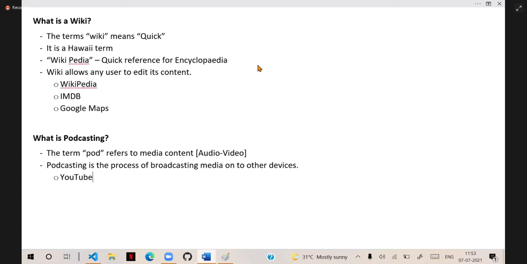Not only YouTube. Suppose you have several others, like iTunes. iTunes is a podcaster. You have Windows Media Player, which is a podcaster. You also have several websites these days, like Spotify.